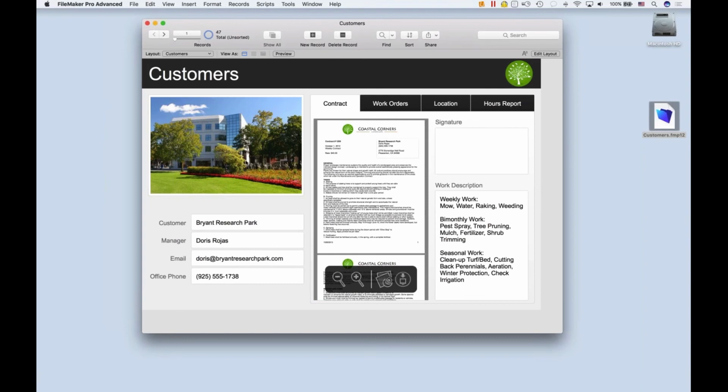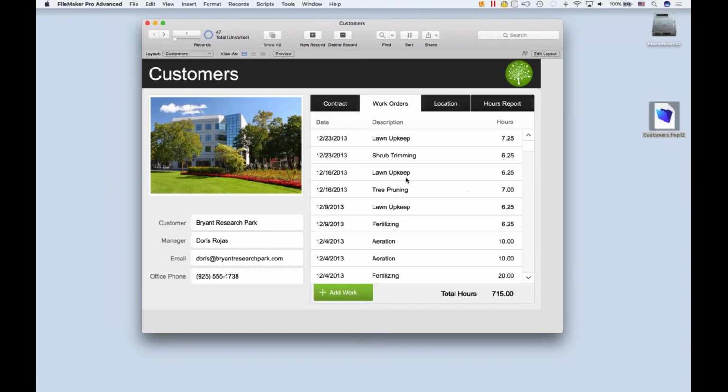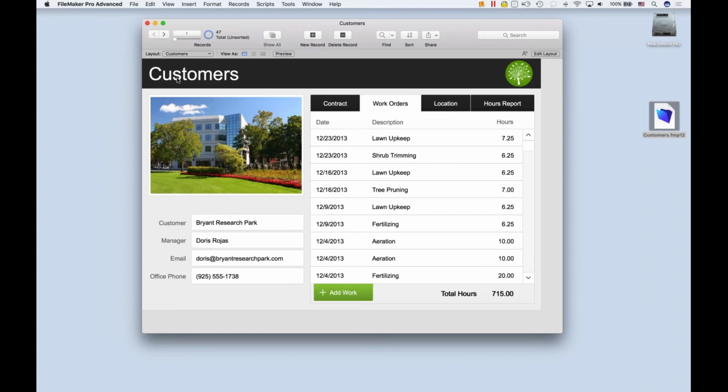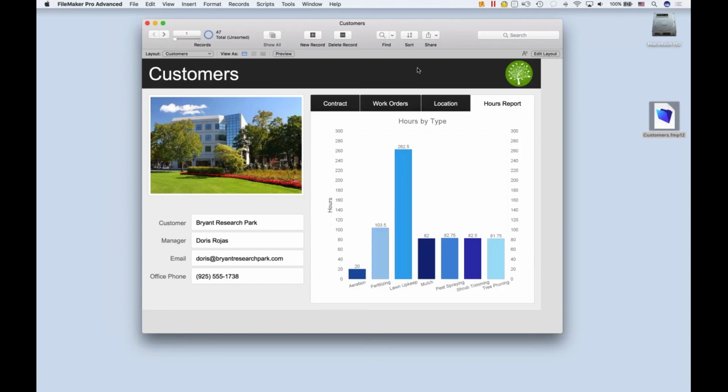We've got contracts. I've got images of the work that we've done, and I keep track of all the work orders. It shows me, here on the right, only the work orders that are associated with the customer that I'm viewing here on the left. I've got reports and charts, and it's really nice. But